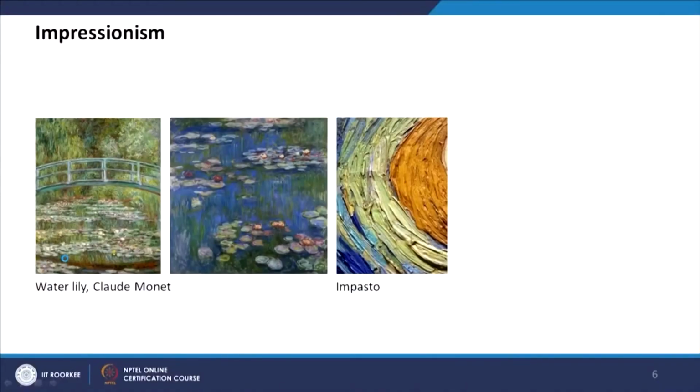And then the next movement is Impressionism, where we see Monet's painting and Van Gogh's painting, and the style here is called impasto. You can see a tactile texture is created on the canvas, so you can touch and feel the texture because of the application of very thick color. And Impressionism talks about different color tones. When we see from far, we can perceive the painting, but when we see from near,